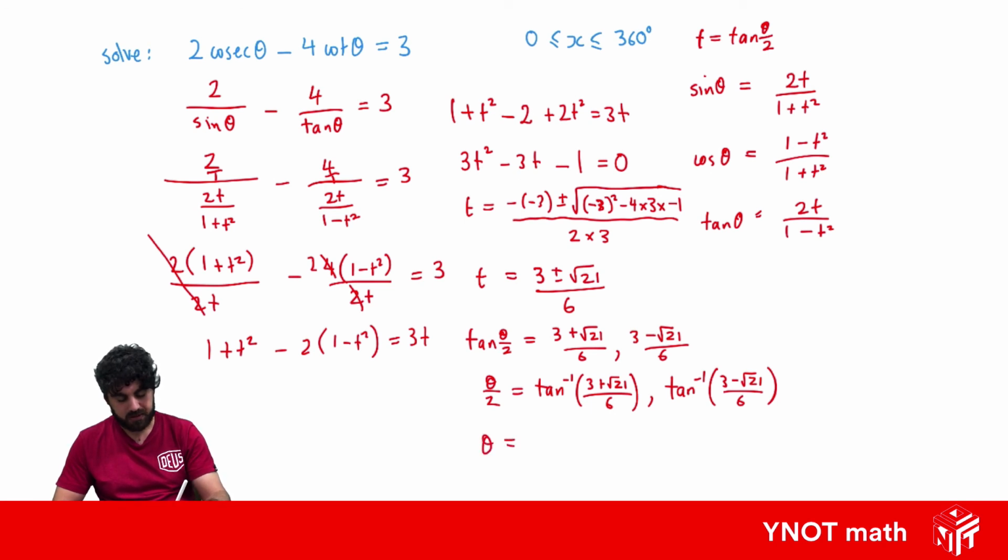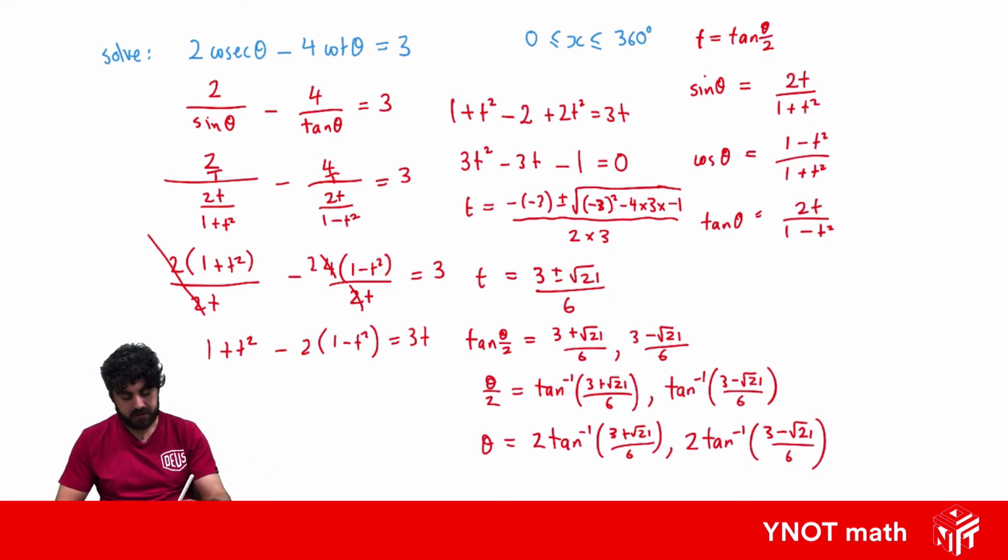So we get theta equals 2 times the inverse tan of 3 plus root 21 over 6, and 2 times the inverse tan of 3 minus root 21 on 6. And if you put those in the calculator, that'll give you answers of approximately 103 degrees and